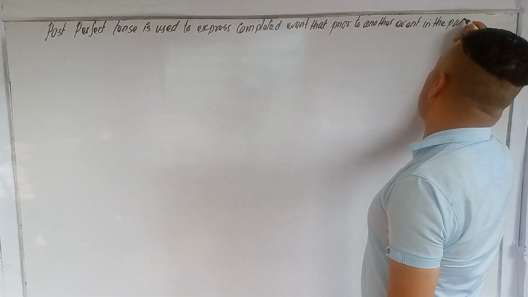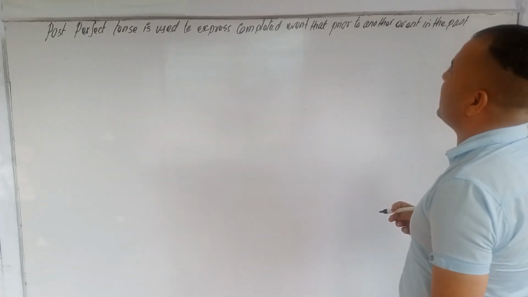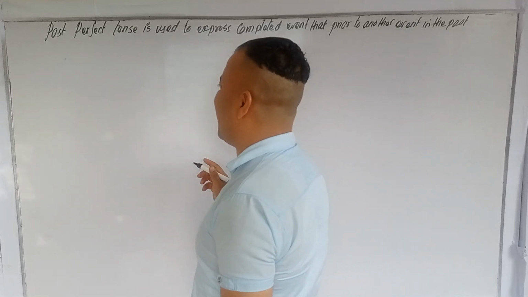In the past. Understand? The past perfect tense is used to express a completed event prior to another event,